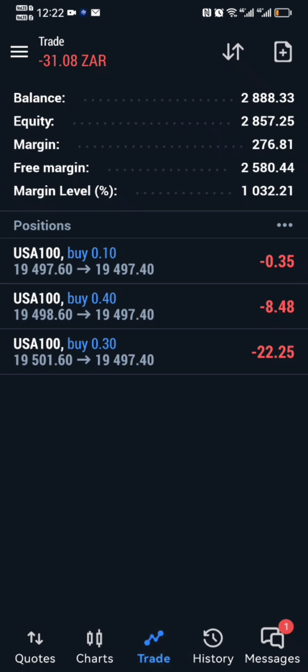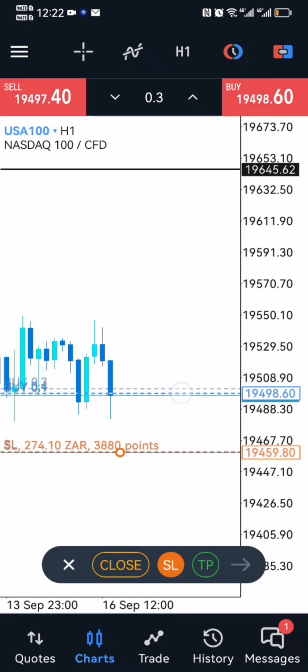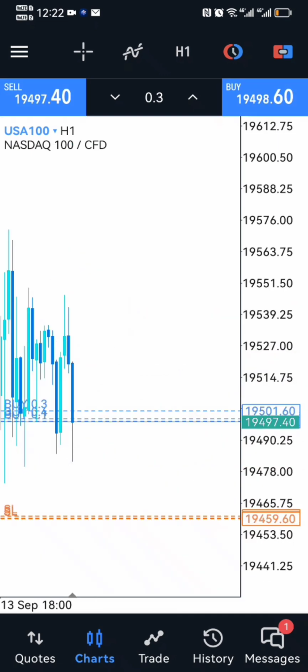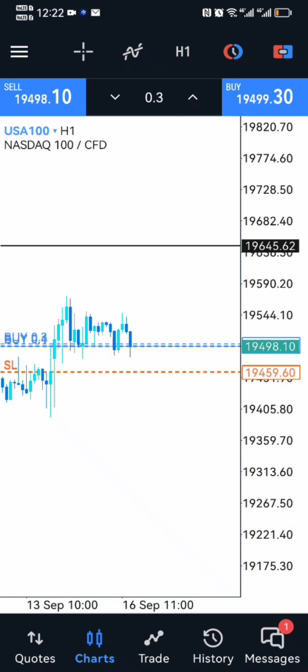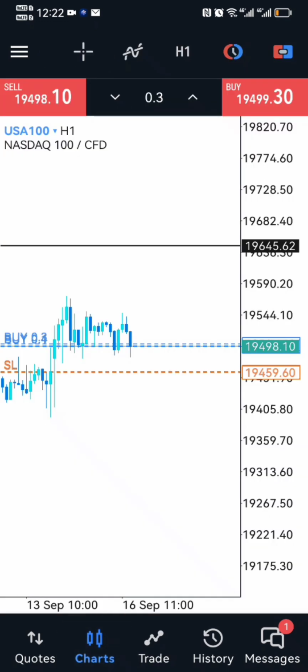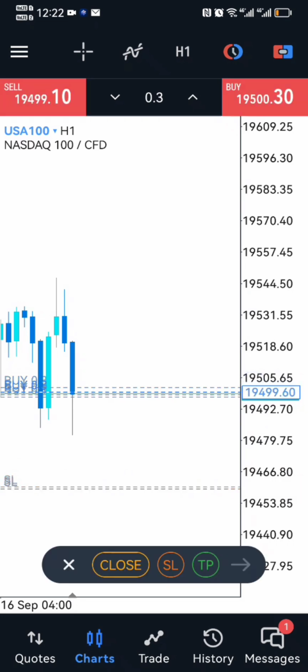So 40. Remember, my stop loss has to be, I need to practice proper risk management. I don't want to risk too much, but seeing the way things are now, this is a high probability setup for me. So I'm just gonna go ahead and take another trade. I think I'm gonna take 0.3, so this one is okay, and just another one right there, and I'm gonna put my stop loss, which is around 200 rands.